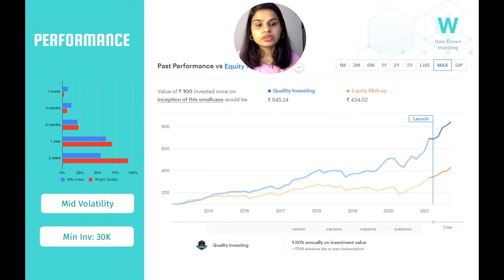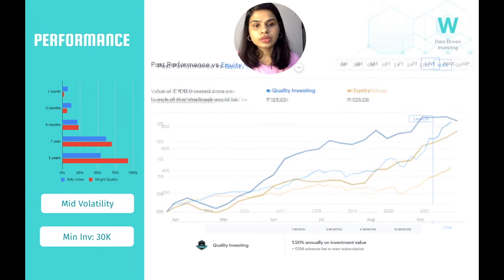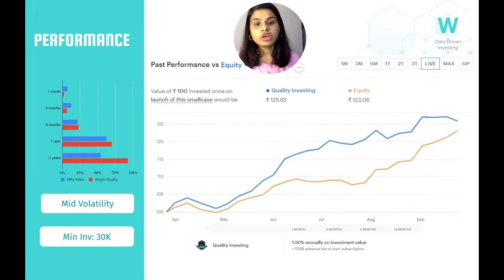It has been live for around 6 months, and it has given 25% return since then. The pricing for this is only as a percentage of your investment amount. And this is a very good long term portfolio. It never hurts to hold good quality companies in your portfolio, and this is an excellent place where you can pick up those high quality companies.